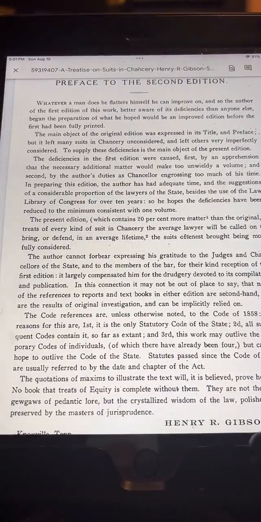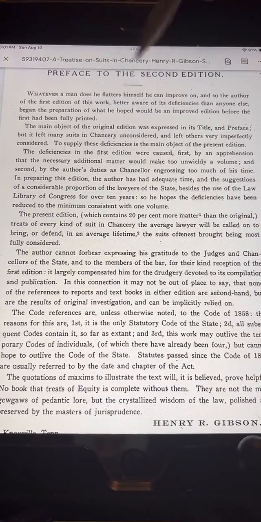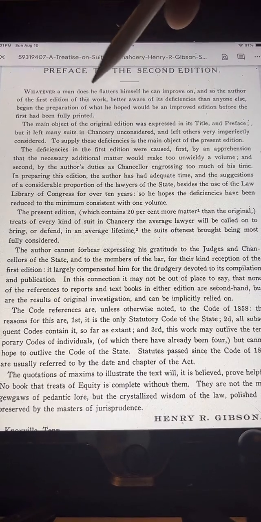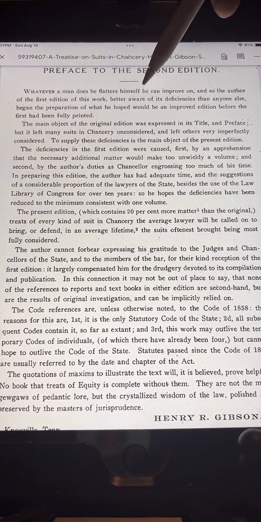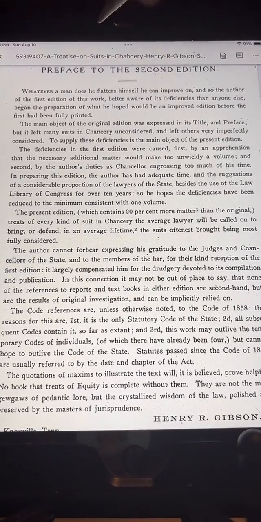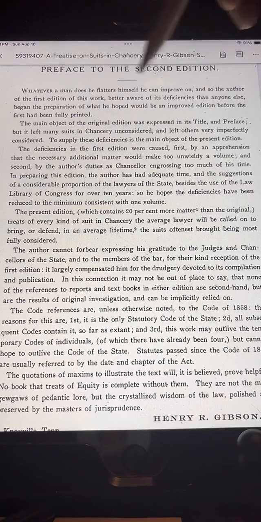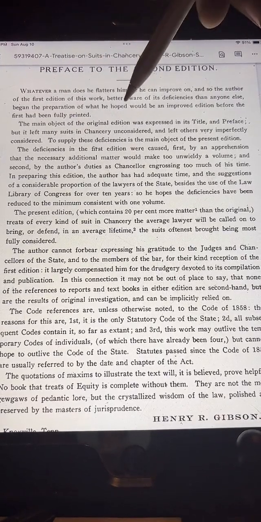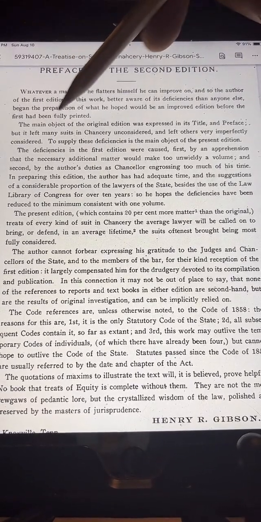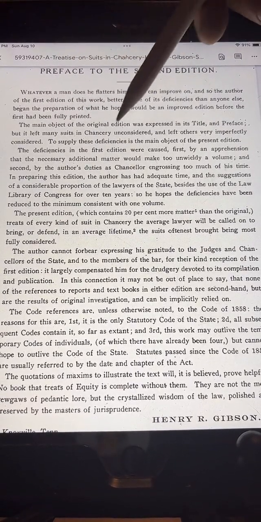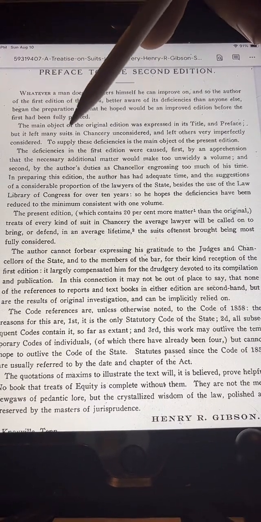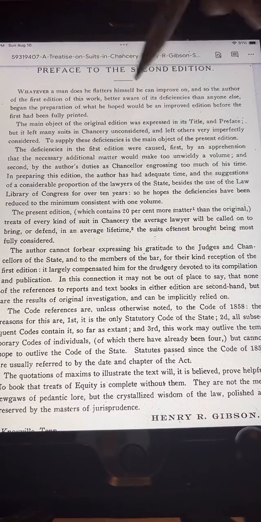Now, whatever a man does, he flatters himself he can improve on. Right? Whatever a man does, he flatters himself he can improve on. And so the author of the first edition of this work, better aware of its deficiencies than anyone else, began the preparation of what he hoped would be an improved edition before the first had been fully printed. The main object of the original edition was expressed in its title and preface, but it left many suits in chancery unconsidered